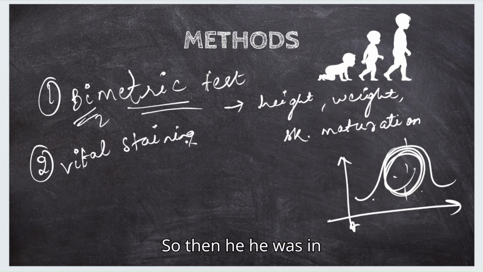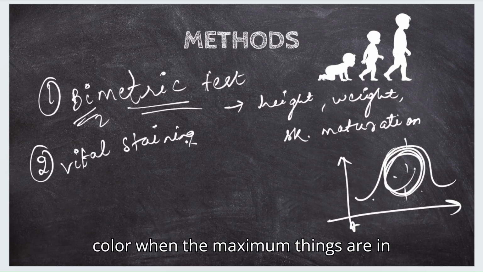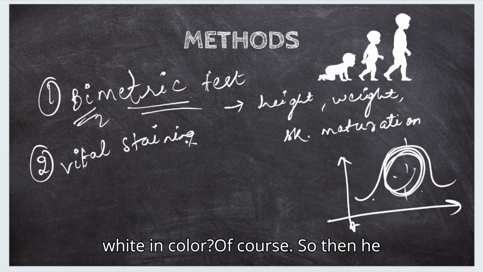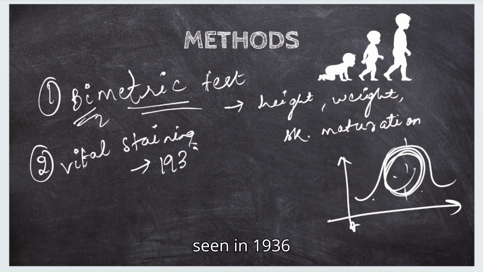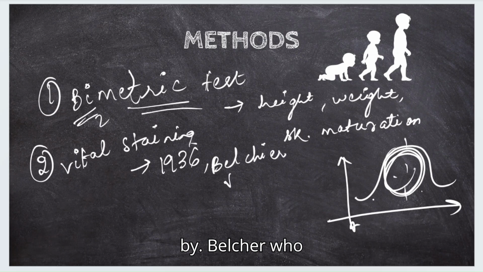He wondered how a bone can be red in color when most things are white in color. Then he found out that those animals had eaten madder plants, which are very rich in alizarin. So vital staining was first seen in 1936 by Belcher, who saw animal